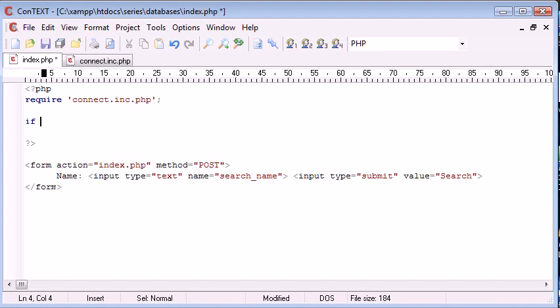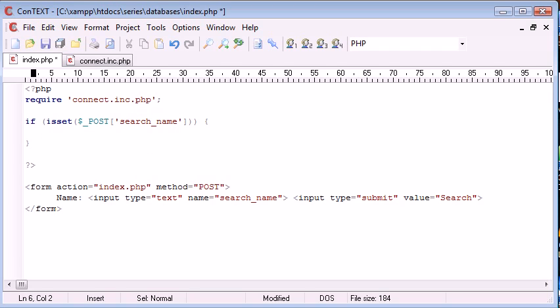So let's go ahead and say if is set $_POST, remember we're using post data down here, and we're going to say search name. So we're corresponding this to the name that we've given the element in our HTML document. So if this is true, we're going to run this block, and inside this block we're going to set a